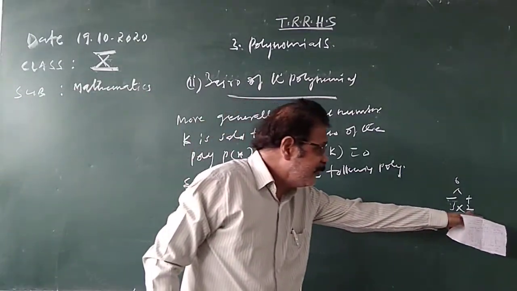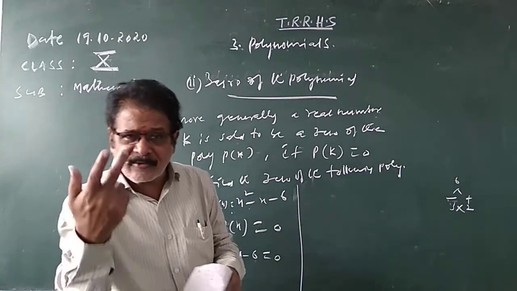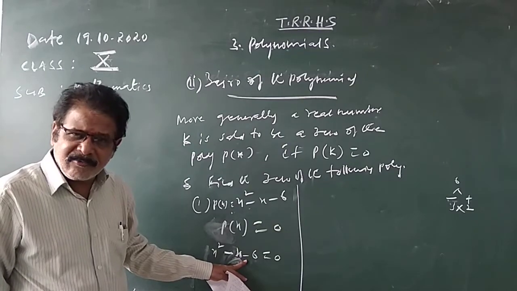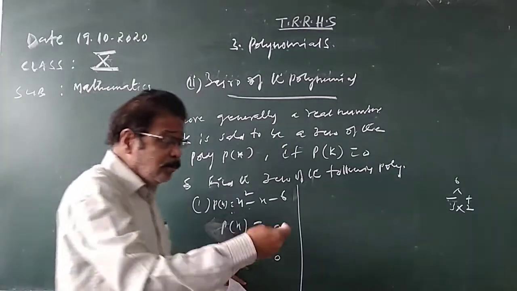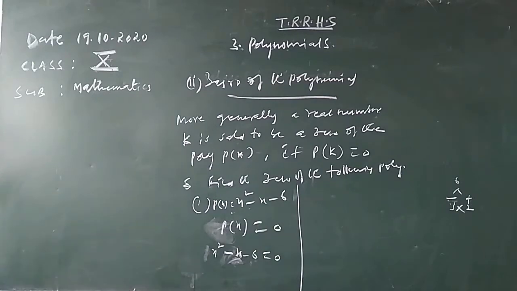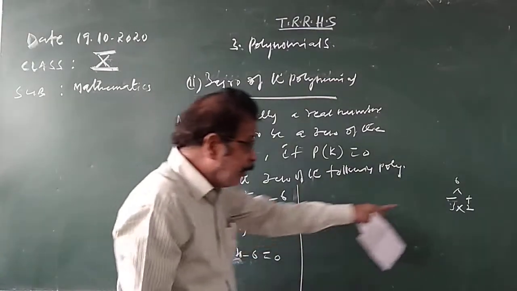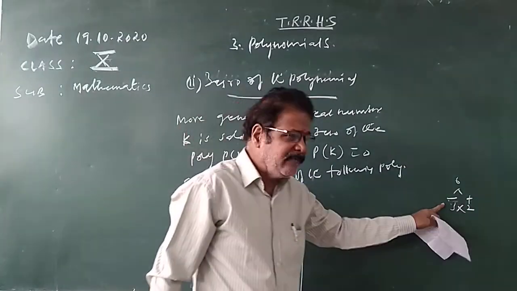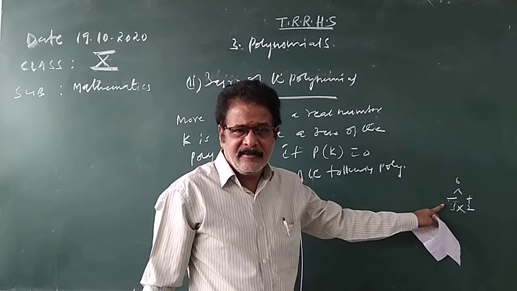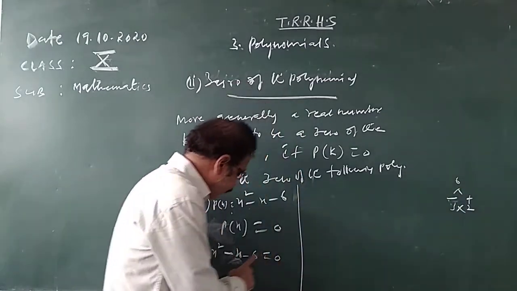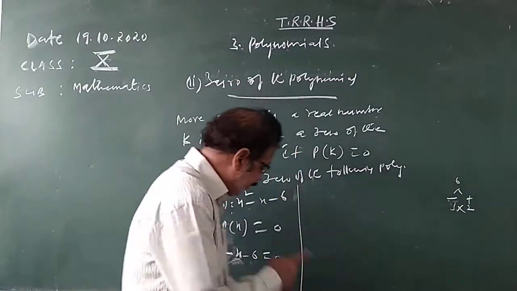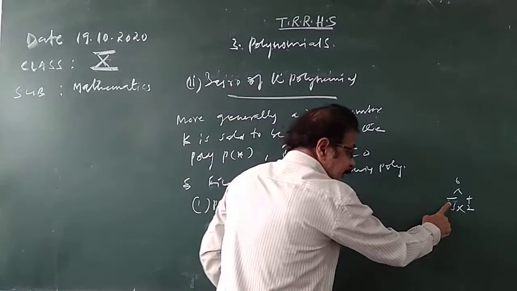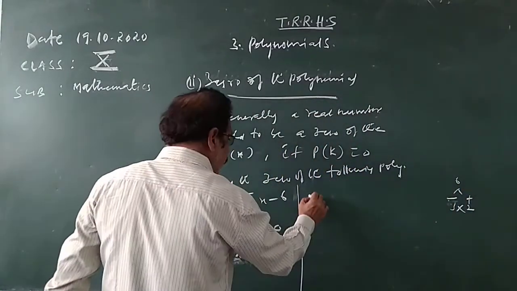So we have to allot the sign for the smaller one also. To allot the sign for the smaller one, we have to see the constant sign. The constant is the last term. The constant sign is what? Negative. If the constant sign is negative, give the opposite sign of the greater factor. If the constant is plus, give the same sign as the greater factor. If the constant is minus, give the opposite of the greater. Here the constant is minus, and the greater factor sign is minus, so the opposite is plus. Now what do you have to do?